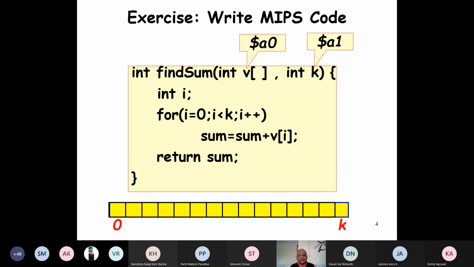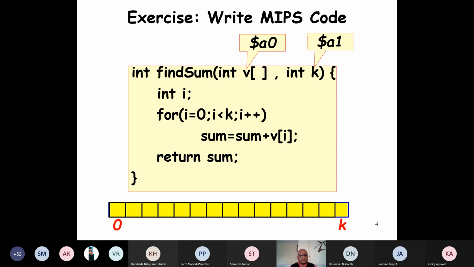So if we want to add 10 elements, A1 will contain 10. If we want to add 20 elements, A1 will contain 20. And A0 is just the start address of the array. Is it clear, Balaji? Sorry, sir, I am confused. Okay, fine, it's fine. Now is it okay? Yes, sir.